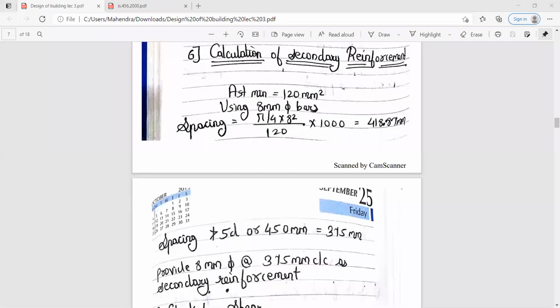So you need to provide minimum spacing, and the minimum spacing is 375 mm. So you have to provide 8 mm phi at the rate of 375 mm center to center for the secondary reinforcement. So do the calculations for secondary reinforcement.